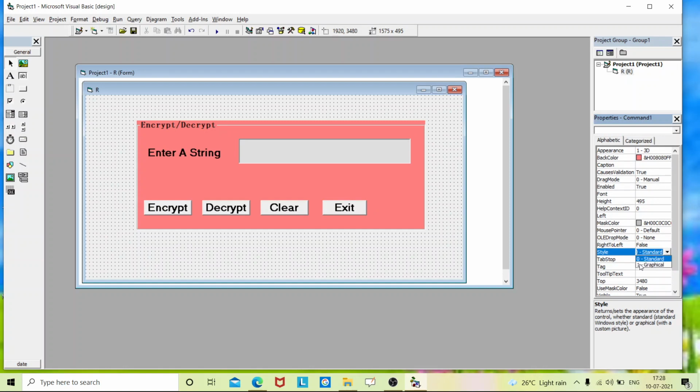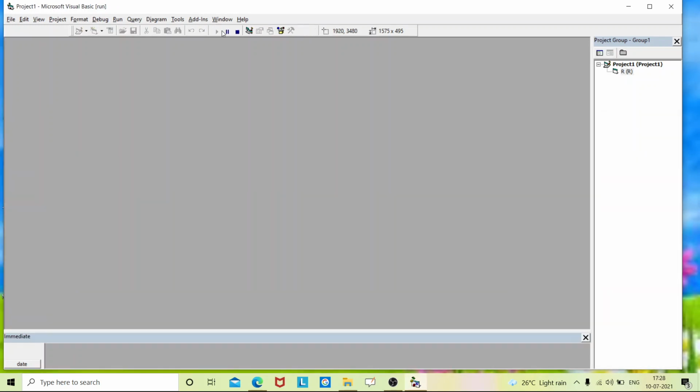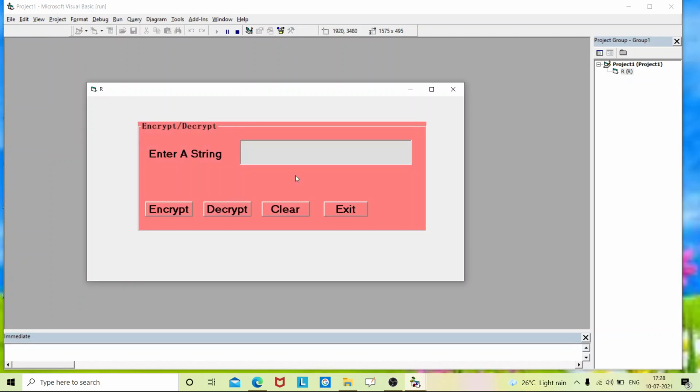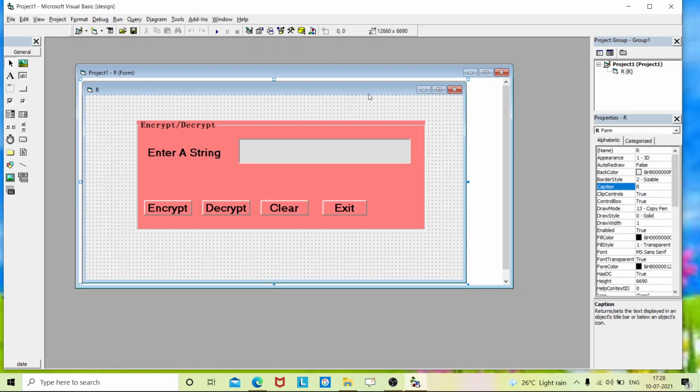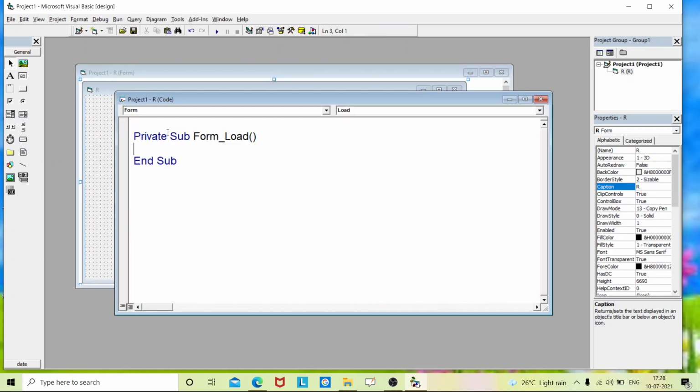You can make it 1, that is Graphical. So now it is visible on your screen. So this is the interface or form. We'll start coding for this. Just double click on this form and you'll get a coding window.